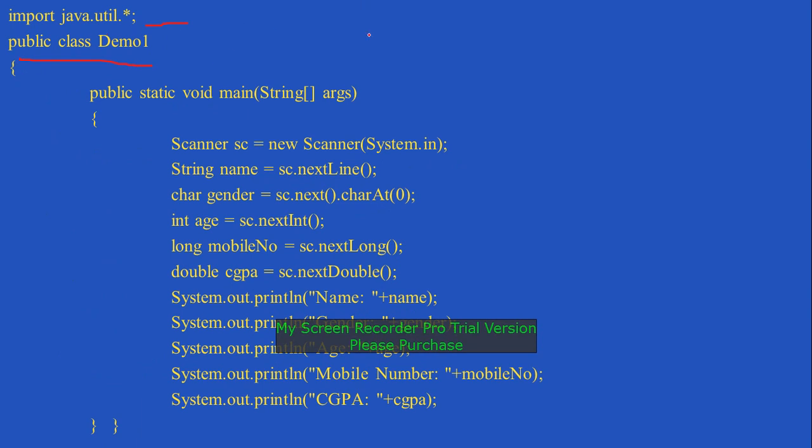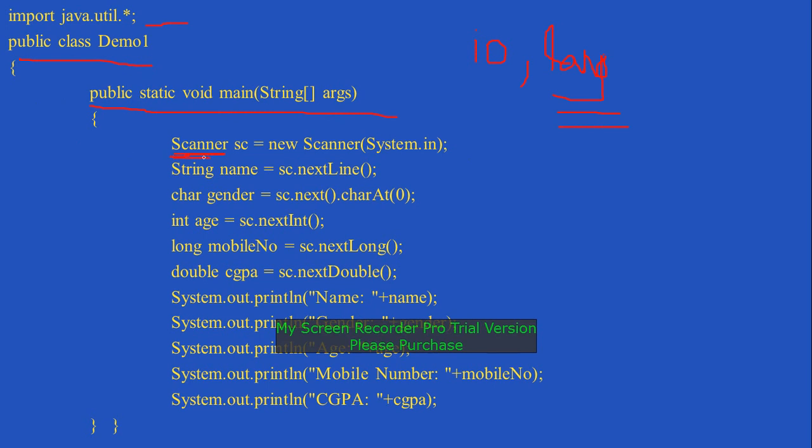Here we didn't give any java.io.*. By default, we have to remember that the io and the lang are the default packages which will be imported automatically in Java. There is one more package called the lang package. So followed by public static void main(String[] args), and then we have to use the class named